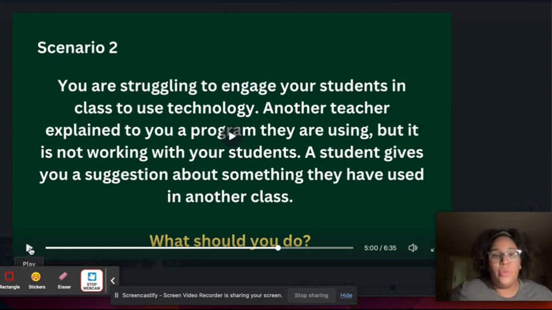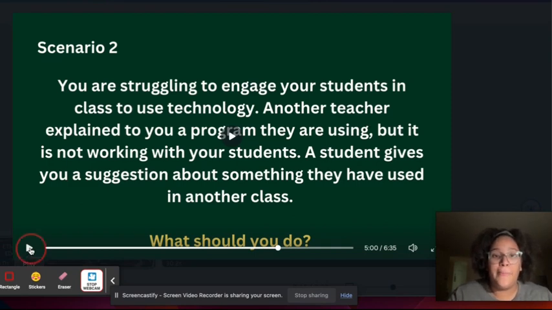So, if it's over the weekend and you don't feel like calling the family, wait until the next time you see the student and give them that information face to face. That way, you're not crossing any lines with giving out private information, and your students' confidential information is still safe.